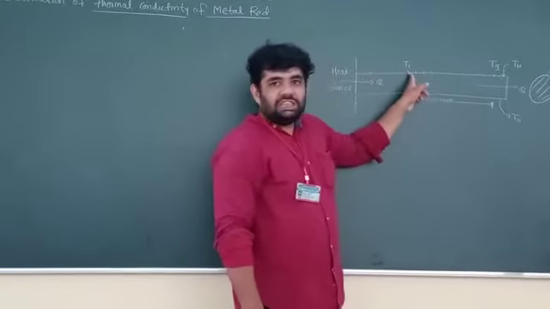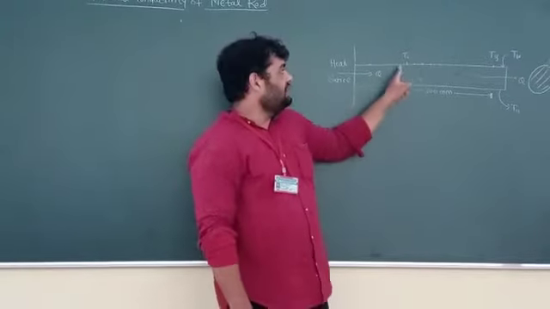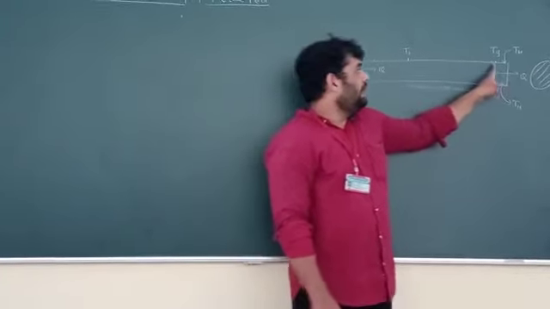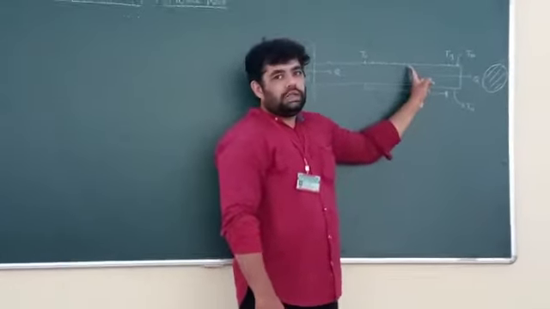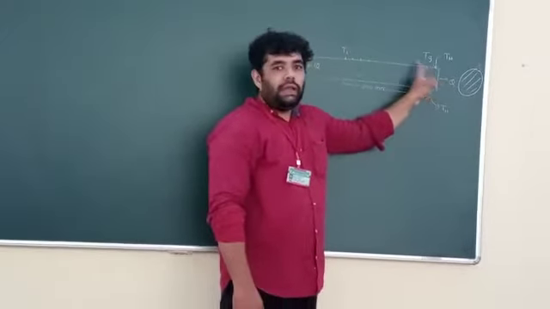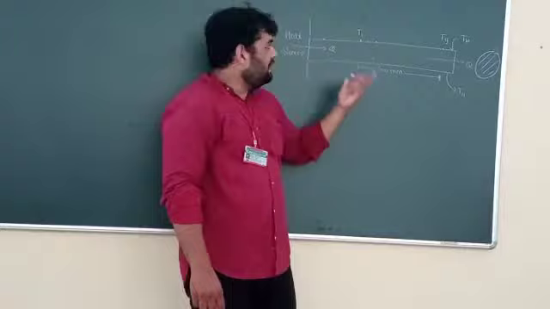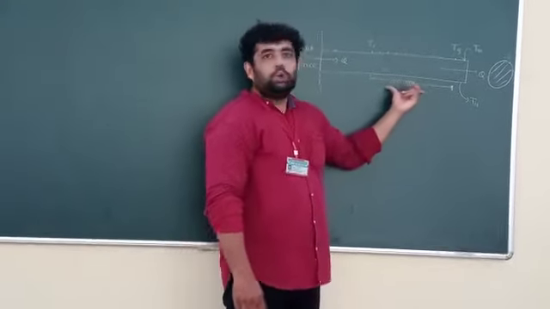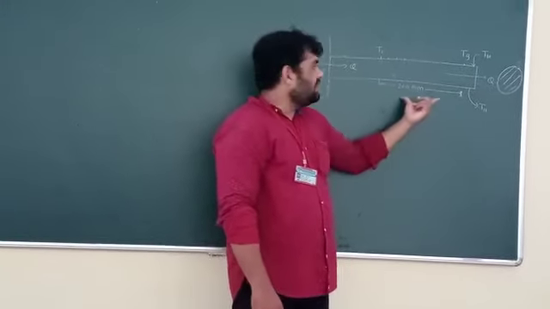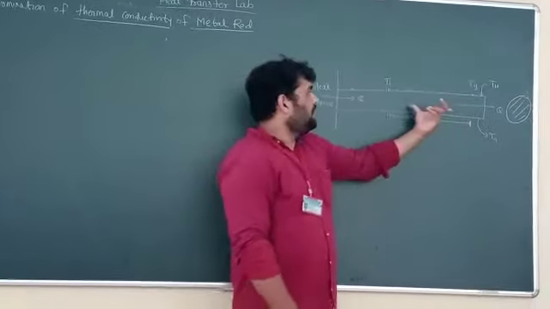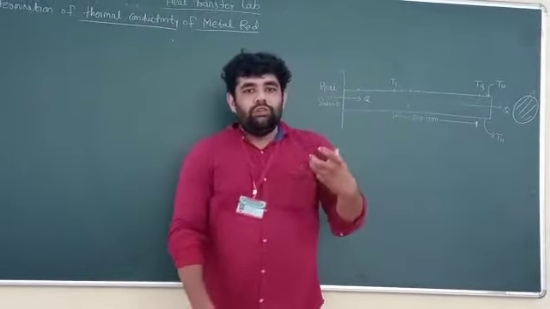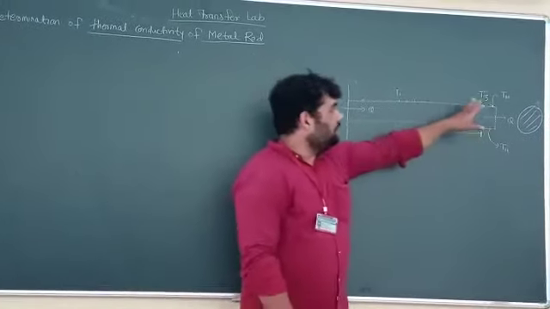From this particular section, the thermocouples are connected. The starting point is T1, the ending point is T9. So along the length, T1, T2, T3, T4 and up to T9 are connected. The distance between the first and last thermocouple is 200 mm. So we say this 200 mm is the test specimen. Now we have taken the readings for T1 to T9.